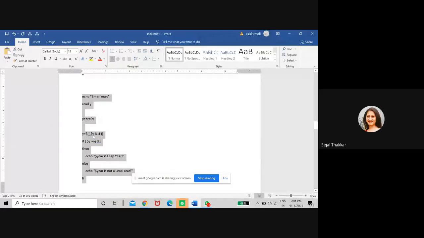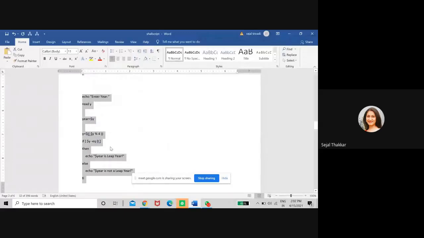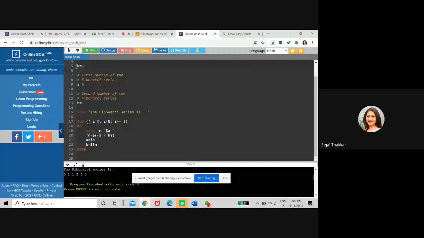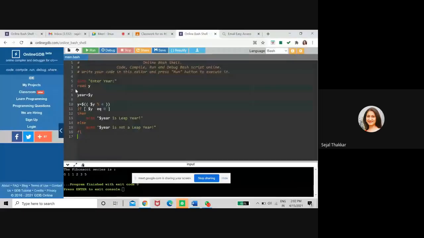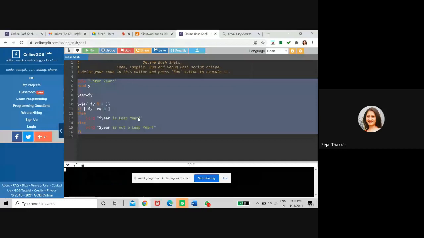If you get remainder 0, it means you have a leap year, otherwise the year you entered is not a leap year. You can run it. Suppose 2000. That is divisible by 4, so this is a leap year.